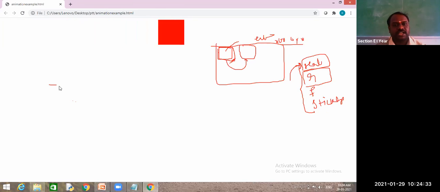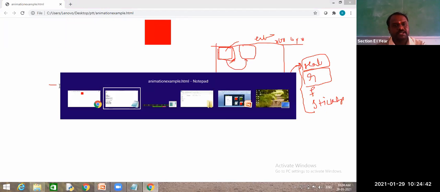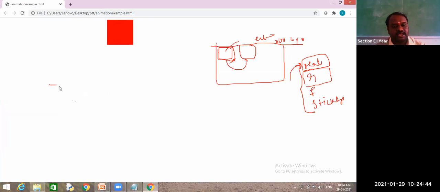I want to change the color of this one, sir. So while it is moving, I want to change its color. Then what do I do? See, changing color is one requirement.